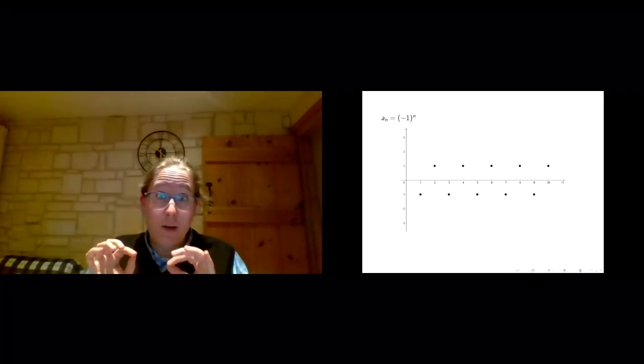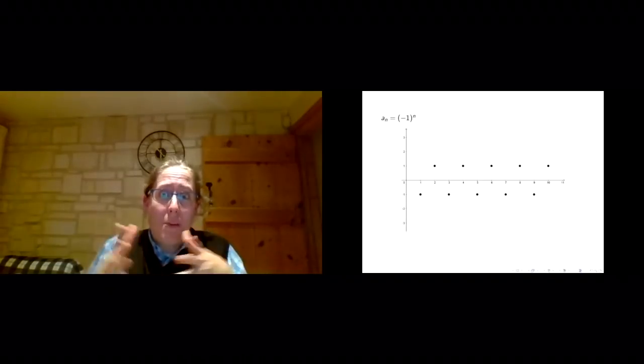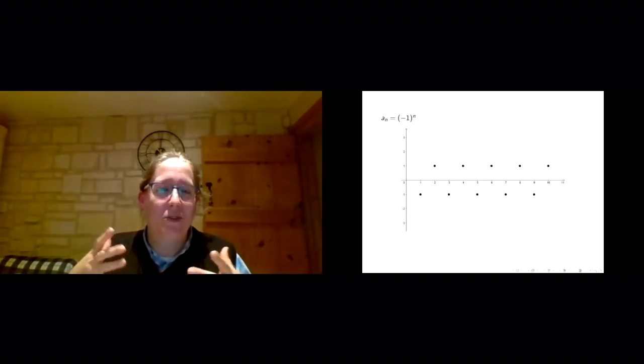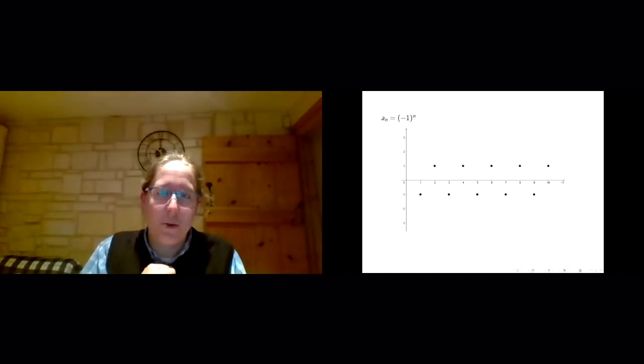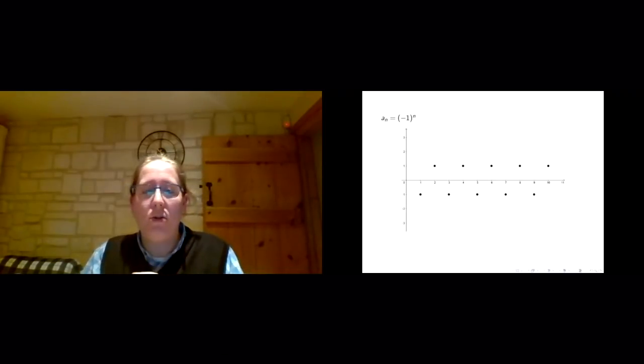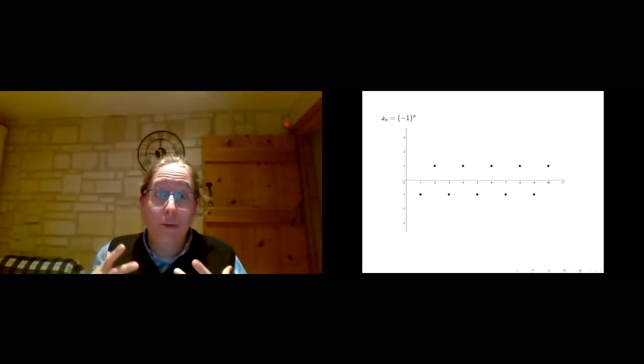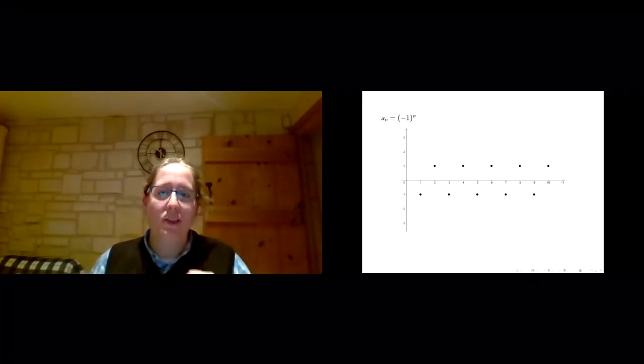Why have I drawn them as isolated dots rather than joining them up? Well, there is no notion of what this sequence means. It doesn't mean anything at all between 1 and 2 or between 2 and 3 or whatever on the horizontal axis. So it wouldn't make sense to join them up, but it makes perfect sense to draw the isolated points. And I think this is a useful way of seeing what's going on.